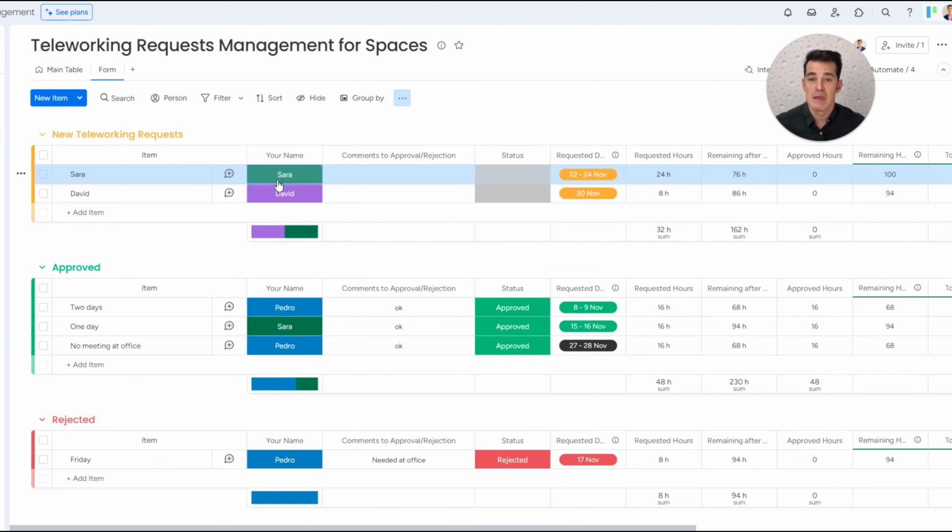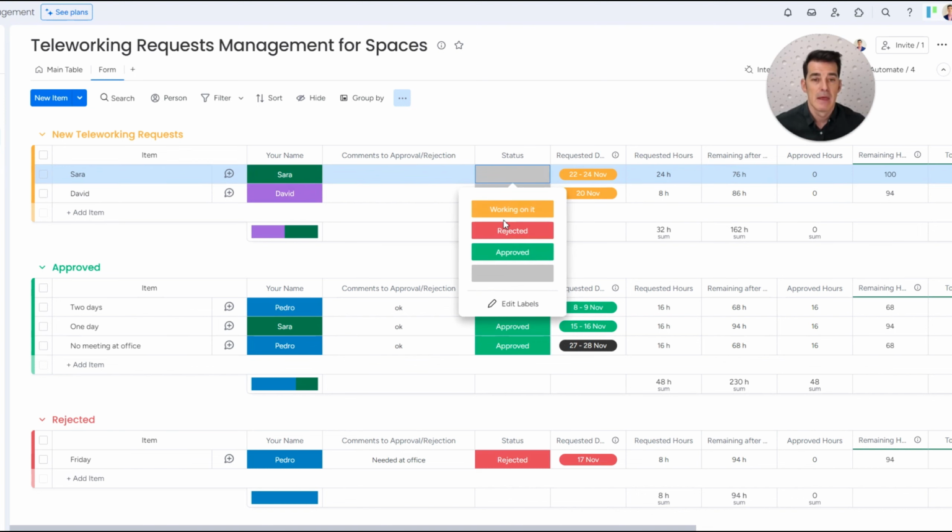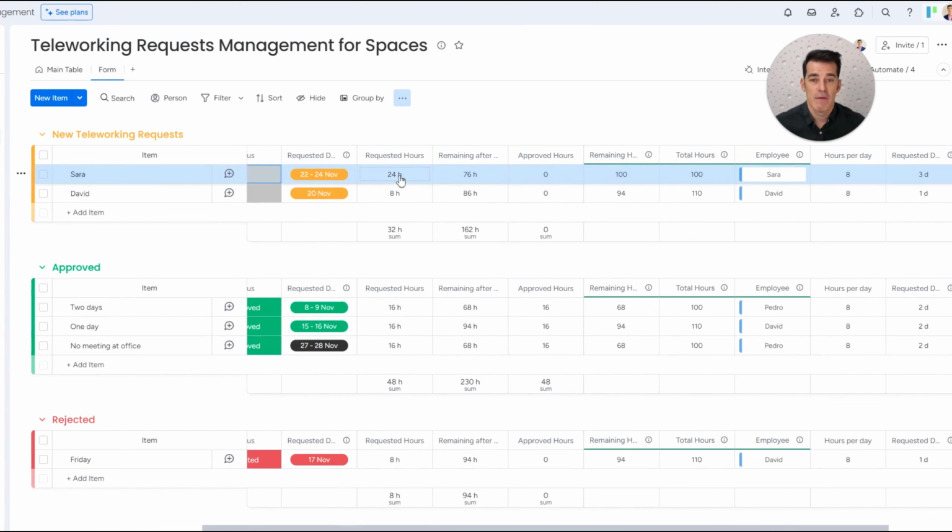So the first one is the employee name. Then we have a column to provide feedback for the employee in order to let them know the reason of the approval or rejection. Then we have a typical status column to approve or reject the request, and then we have a few columns that I'm going to explain to you. So the first one will be the